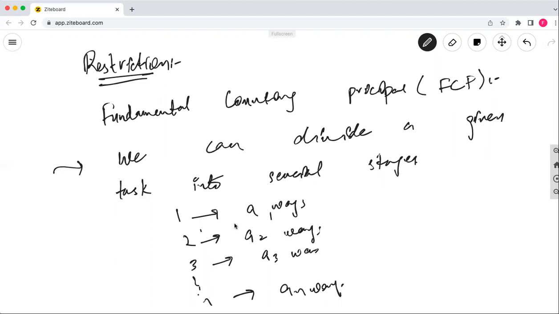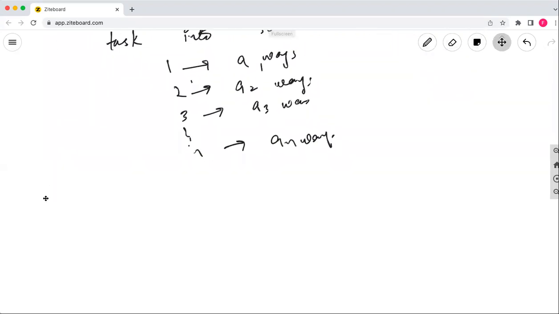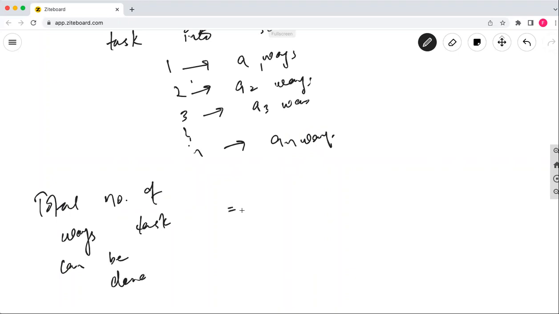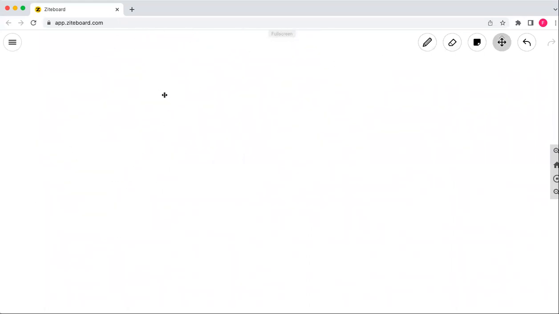So the total number of ways the task can be completed will be just the multiplication of all of those ways, A1 into A2 into A3 up to AN. This is the number of ways of doing the first stage of the task, second stage, third stage, fourth stage, up to the last stage, right? So you will just multiply all of these to get the total outcome. Why did I tell you this? Because if we move to the restriction part,